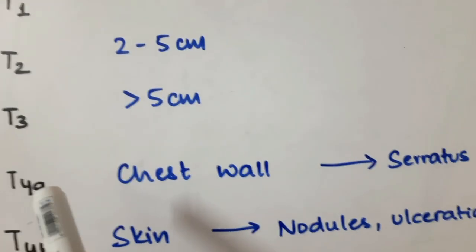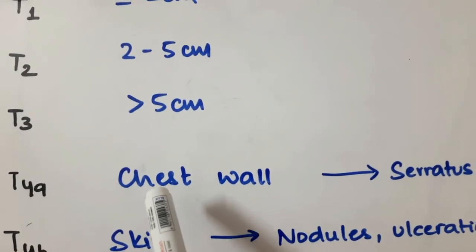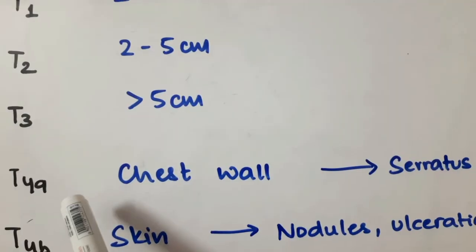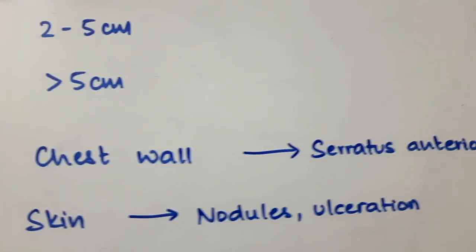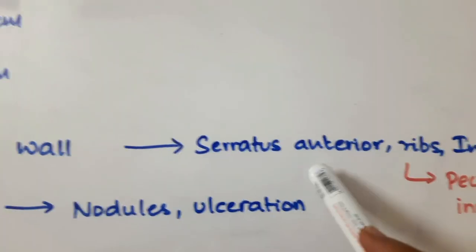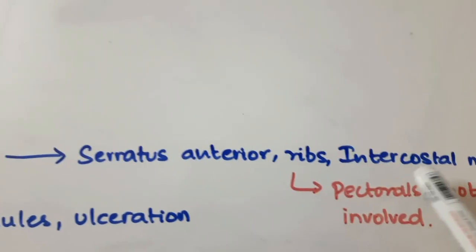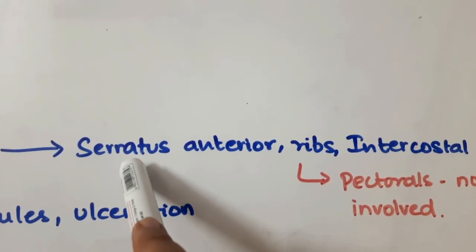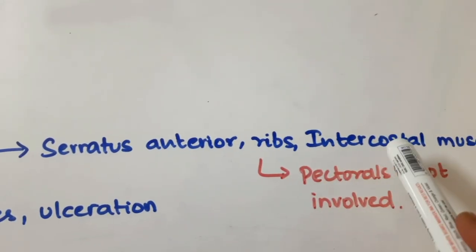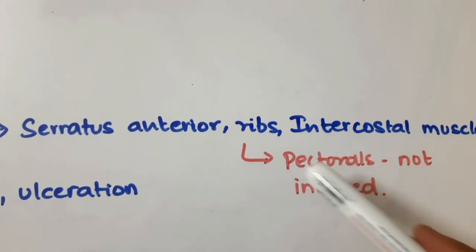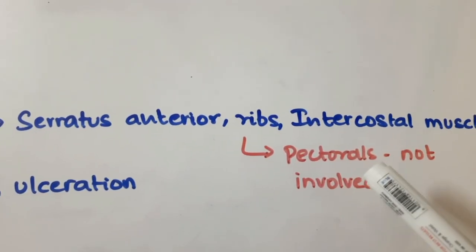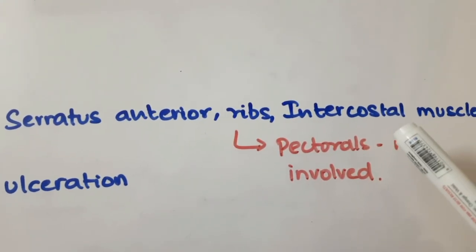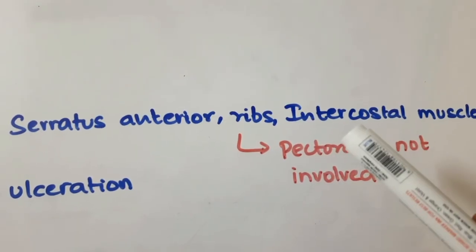Now, if we look at stage T4, T4A is involvement of the chest wall. So the chest wall involvement is T4A, and the structures that this chest wall includes are the serratus anterior muscle, the ribs, and the intercostal muscles. This is what the chest wall includes: the serratus anterior, the ribs, and the intercostal muscles. Remember, pectorals are not involved in the chest wall. So if it says pectorals, it is not a part of chest wall involvement, and pectorals are not considered T4A